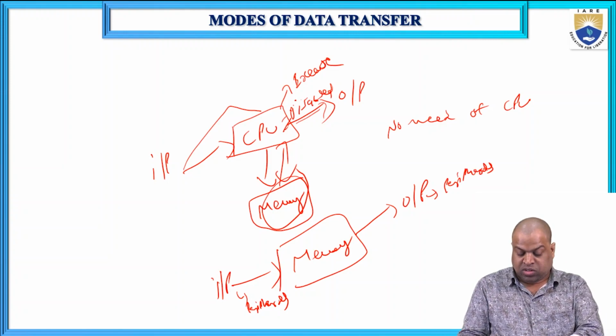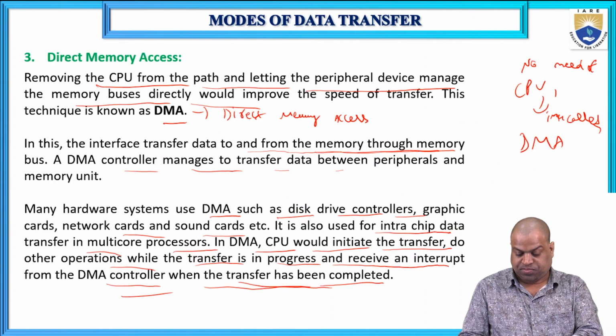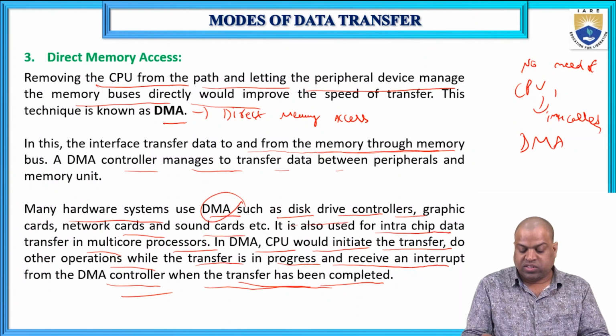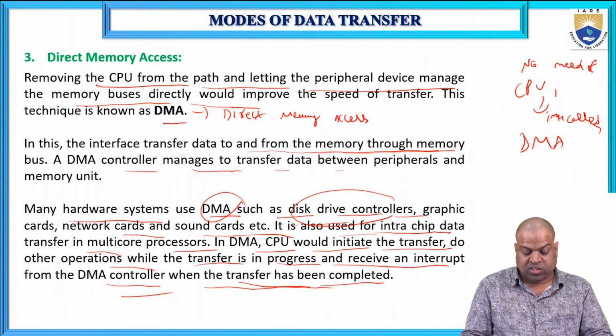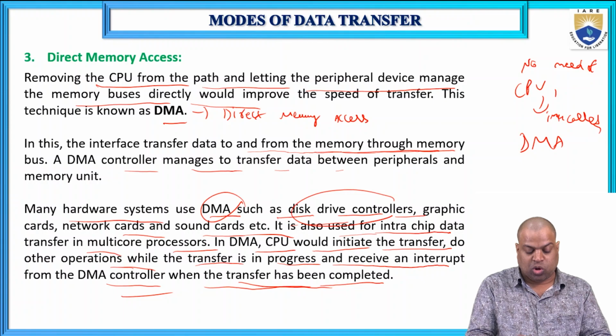So the memory to memory and from memory, that is called peripherals. These DMA devices, such as a disk drive controller, graphic cards, network cards, and sound cards, are connected to the memory. And in the chip data transfer multi-core processor in DMA, the CPU would initiate the transfer and do other operations while